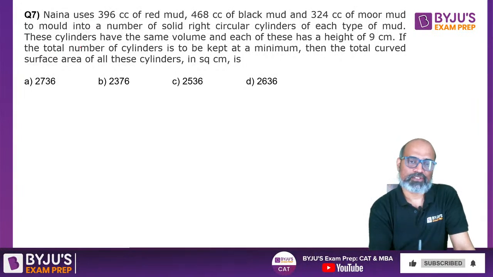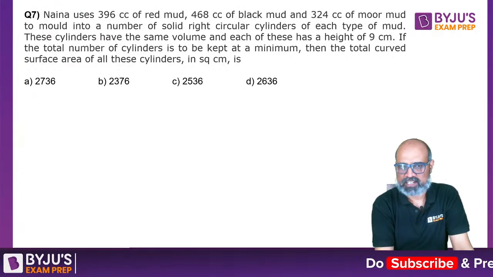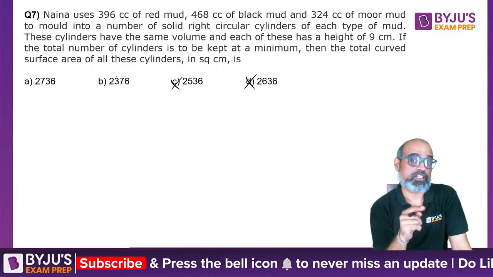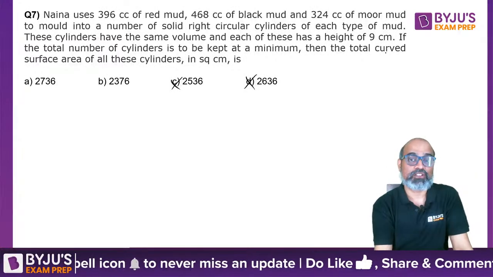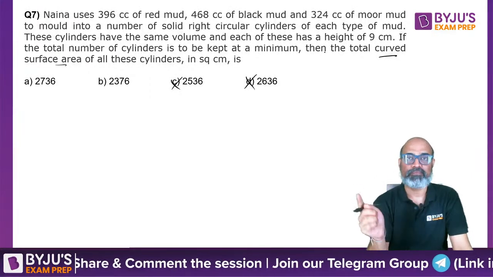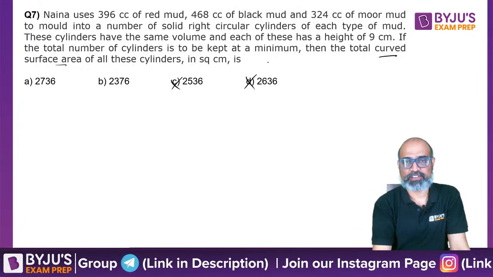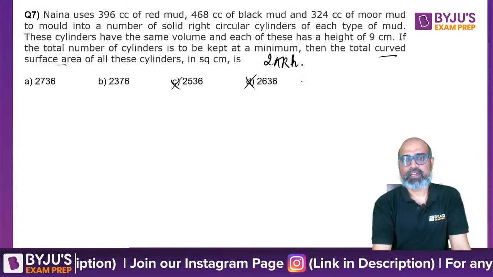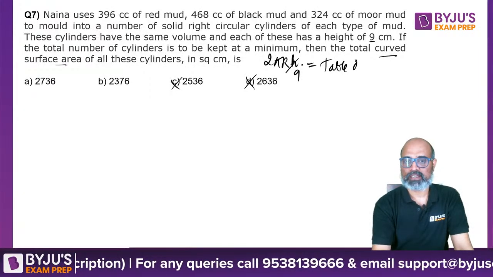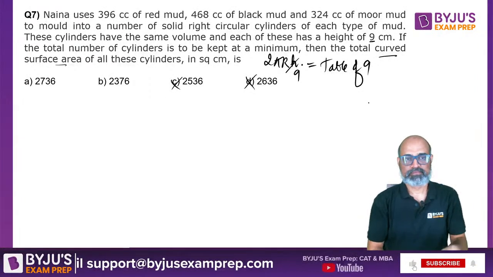Without doing anything also, we can figure out what the options would be. The answer can't be C or D. Because we are trying to calculate the curved surface area of the cylinder, not the total surface area. What is the formula for curved surface area of a cylinder? It's given as 2 pi RH, and H is 9. So can I say my final answer will be a number in the table of 9? From all the 4 options, C and D are not numbers in the table of 9. A and B are,